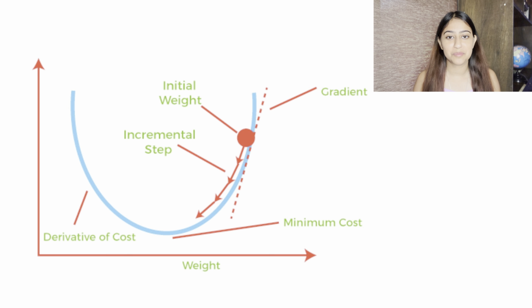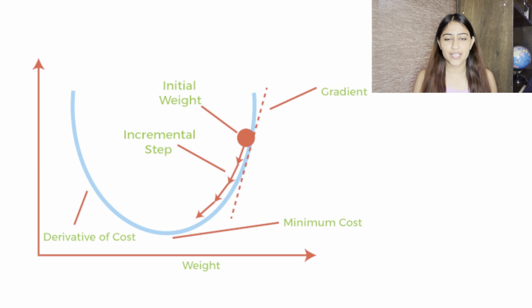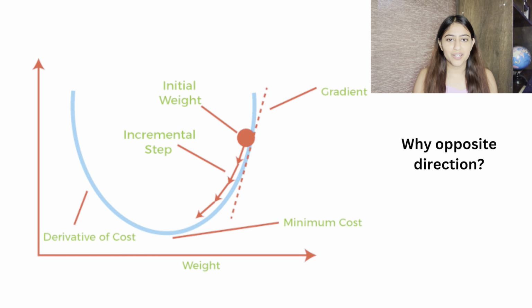Let us take this one step further. Imagine a bowl-shaped curve, and this is our loss function. It tells us how badly our neural network is doing. The red dot here is our best guess at what the weights or the parameters must be. But remember, it is not correct. It is just a random guess. At every point, as the red dot moves, the gradient descent looks at the slope, which is also called the gradient, and says, okay, if the gradient is this much, I will move the same amount in the opposite direction. Now you might be wondering, wait, what just happened?